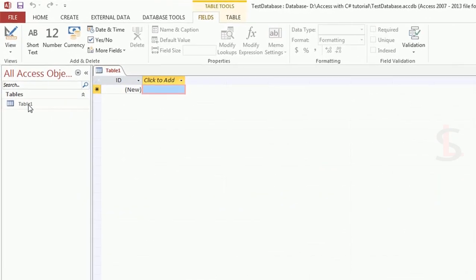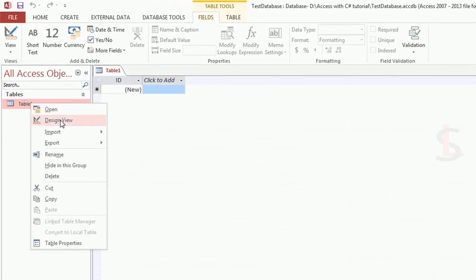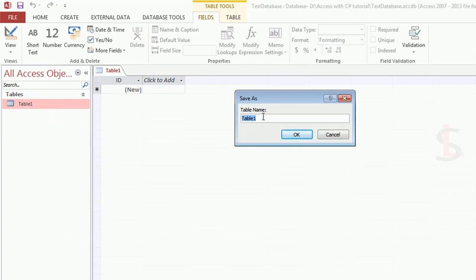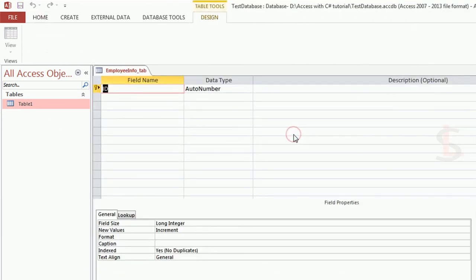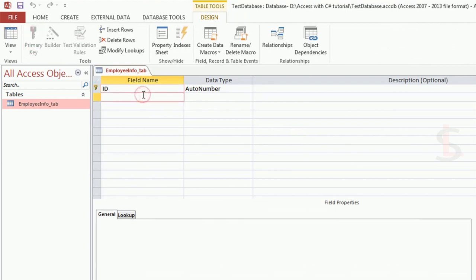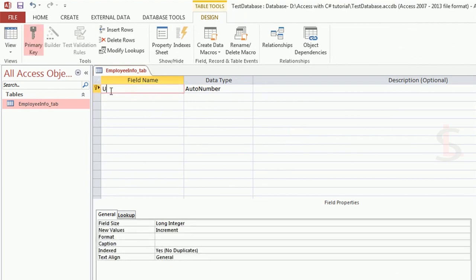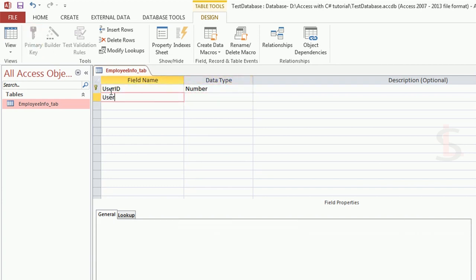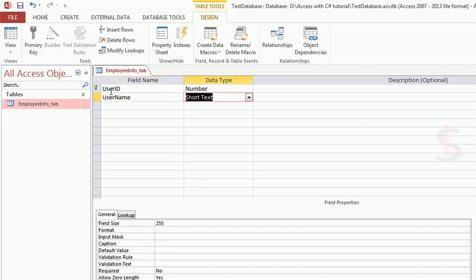Yes, this is the table. Now go to the design. First of all, name the table. My table name is employee info underscore tab. Okay, table is created. This is default field name ID. You can rename it. I just rename it with user ID. Data type is number, and username data type is short text,